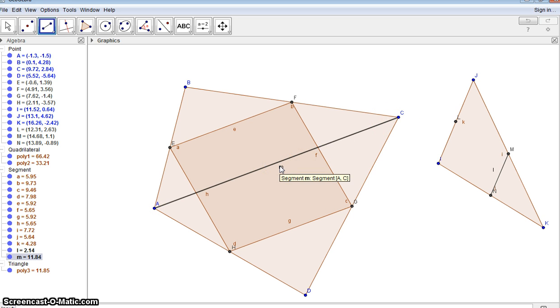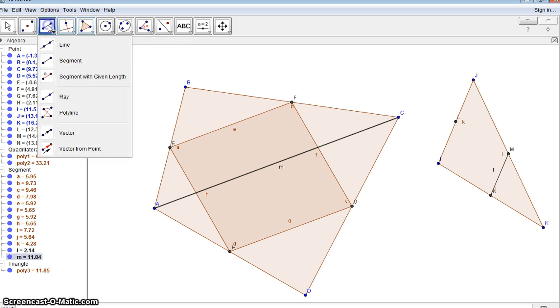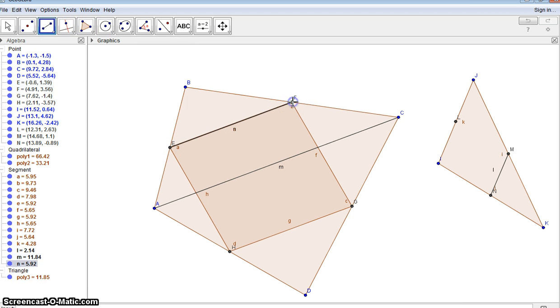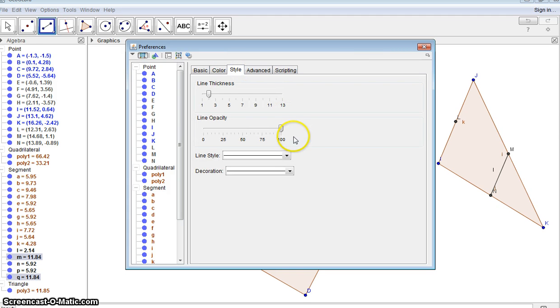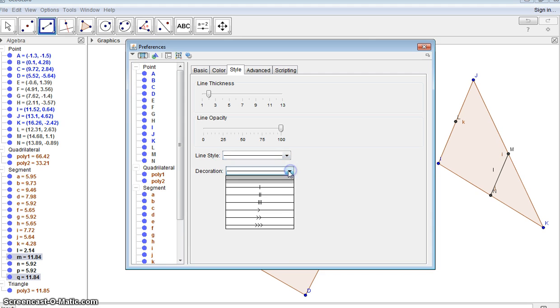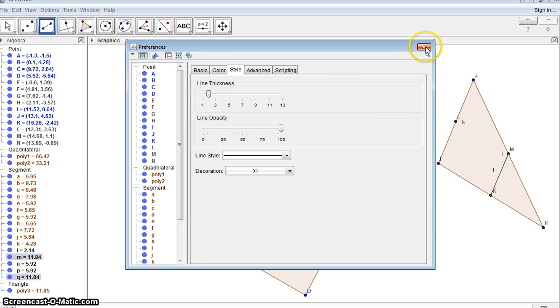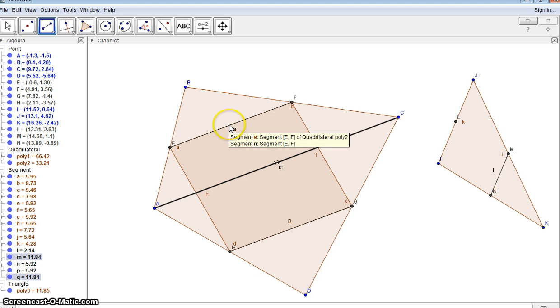So segment M here must be parallel to segment E. So if I add a segment on top of EF and a segment on top of GH and a segment on top of AC, and then I go to the properties of those segments, it would be accurate to add a parallel decoration between these two, because AC represents the base of triangle ABC,